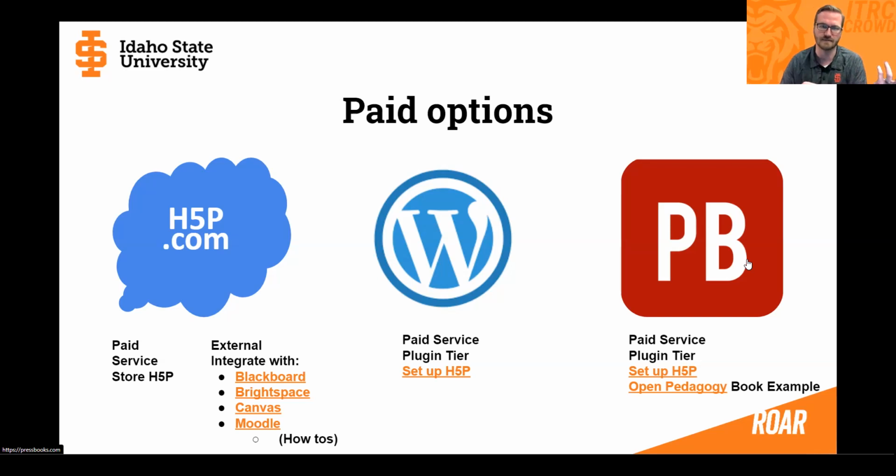But you do need the paid part to do that, right? The other paid options that I'm aware of are WordPress and Pressbooks. They're both initially free websites, but if you pay for the paid tier, you can utilize some of the plugins created for those. So Idaho State just recently got a license to Pressbooks, and we're able to create our open textbooks, and